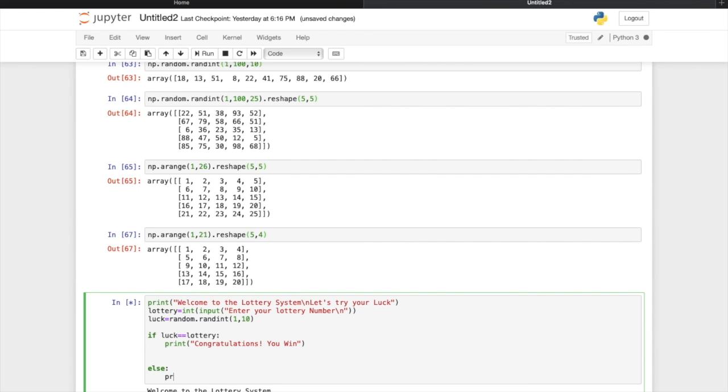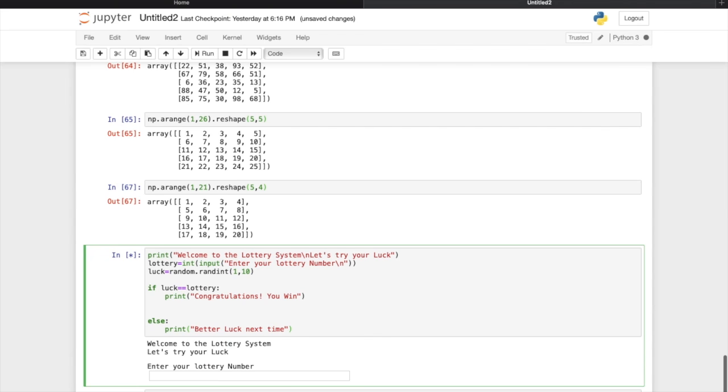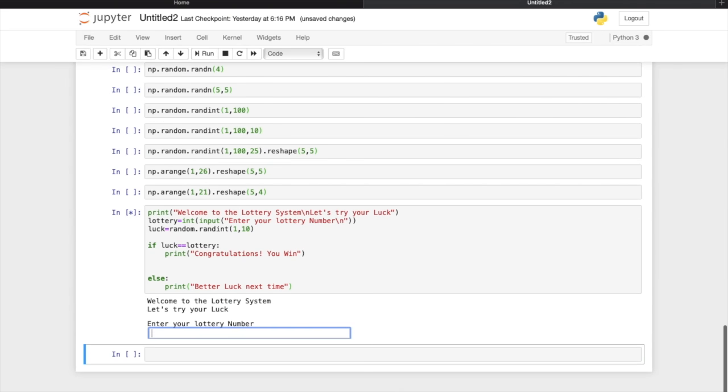Else, print "Better luck next time." Now I'm going to run this program, and here we can see that it is asking for my